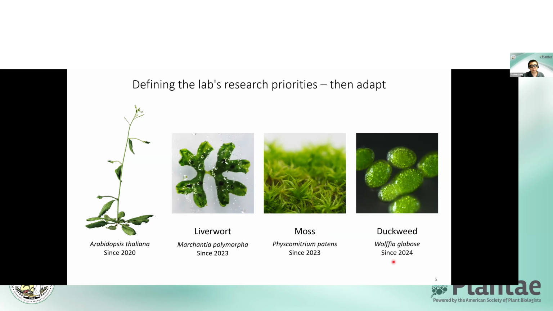So very recently, through an internal collaboration with another lab at the National University of Singapore, we also started a small project working on duckweed, Wolffia globosa. Oh, sorry about the typo over here, globosa. Maybe an auto-correction issue. But anyways, because we were able to establish these new models early on in our lab, we're now very confident that we can do something with them. And hopefully, in the very near future, we can share some new findings on these projects that are all spearheaded by new lab members who came with very original ideas.